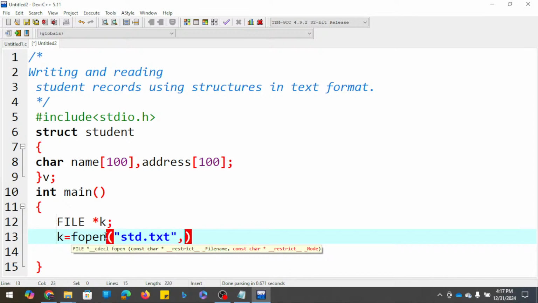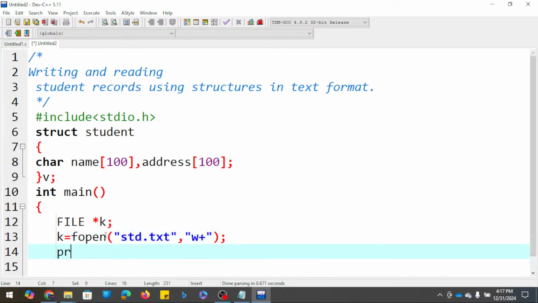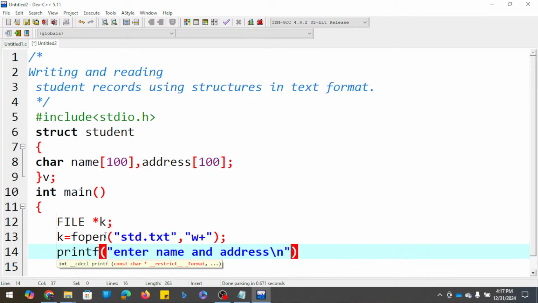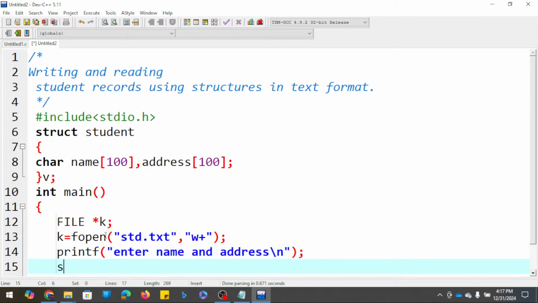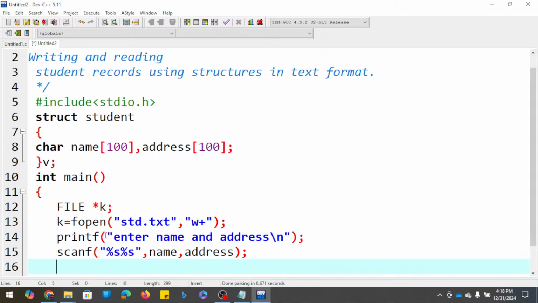We are also asked to read the data, so that means w plus. Let's open a file. Enter records, enter name and address. Scanf, so this one name, address. Okay, so since we are using a structure,